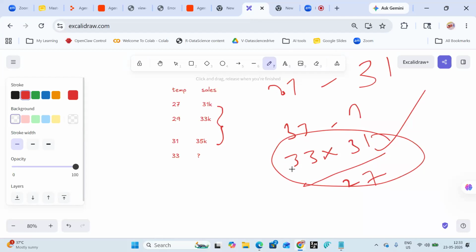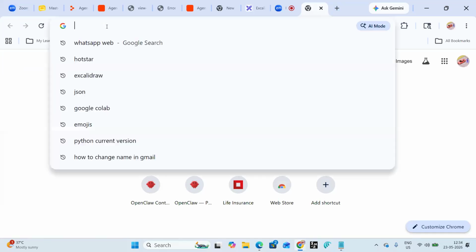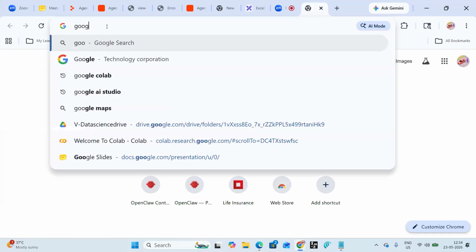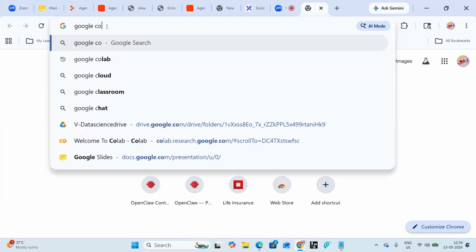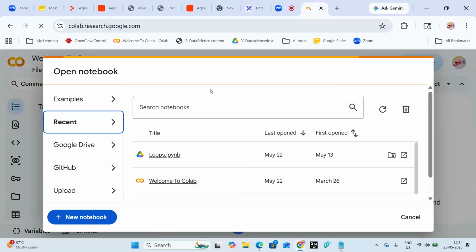Now why Python? I will explain later. It might look complex, but we will see how to practice Python in small steps. Here I am not installing any software or any complex systems that would confuse you. There is a website called Google Colab.